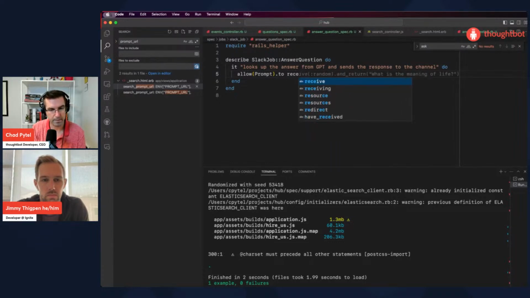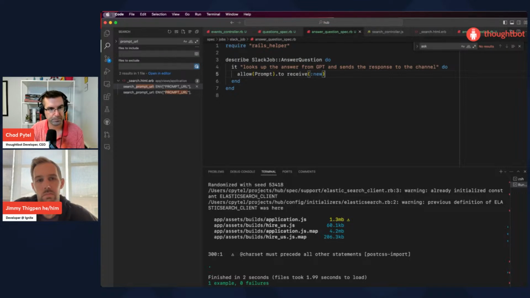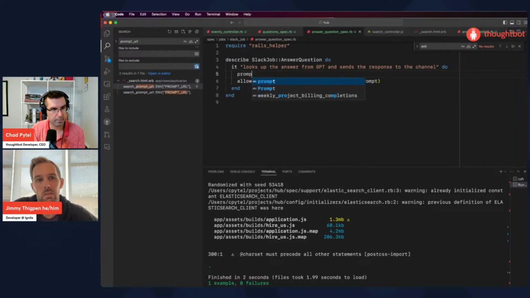So I'm going to write this using stubbing right now, especially since it doesn't exist. And so what I'm doing is I'm just starting out by writing the specs and stubbing out. I'm essentially defining the API that I'm going to want this class to conform to. So what I want to do is I'm making a new prompt. And so what I envision is it will receive new and it'll return an instance of that. So then prompt, I'm creating a double.